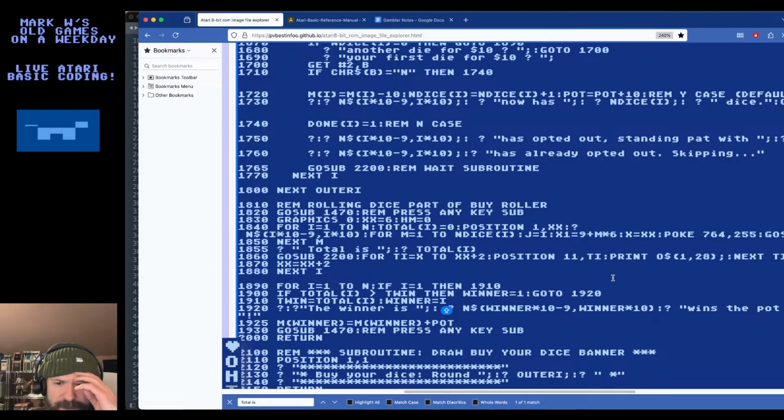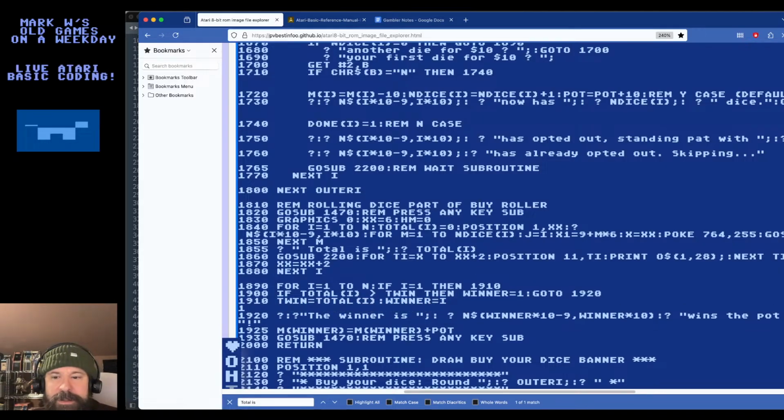Okay, so my logic for determining the winner didn't work. If I equal 1, it starts out again with the first player being the winner by default. Oh, I never wrote a NEXT I think. That's the issue. For this loop, I never closed the loop. So all it does is set the first player to the winner all the time, basically. Alright, so let's write NEXT I here. That ought to do it.